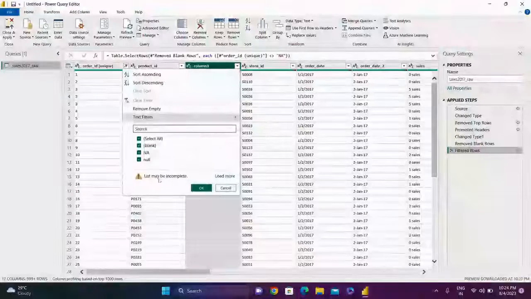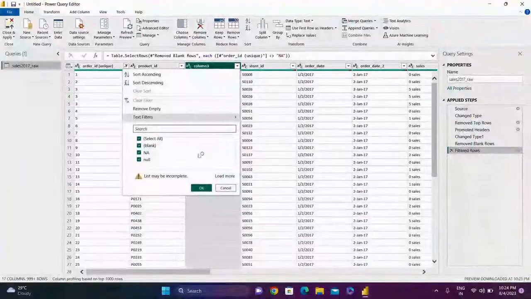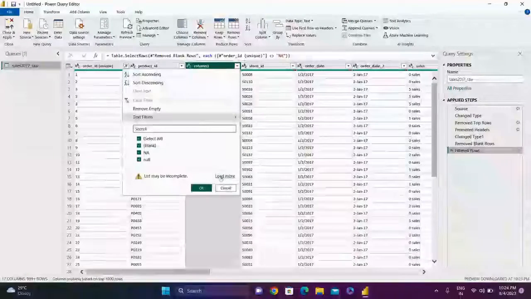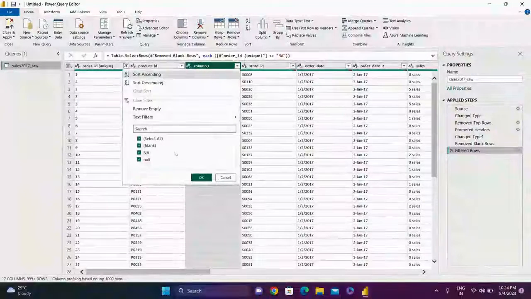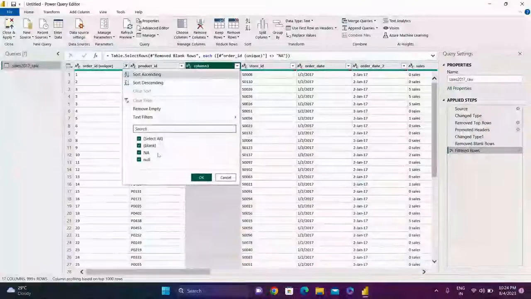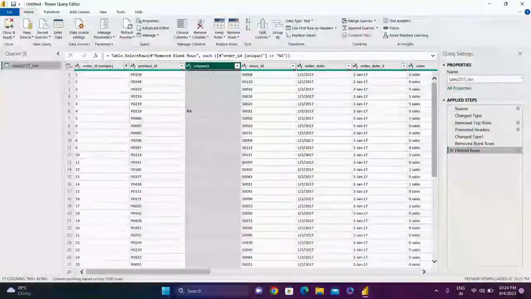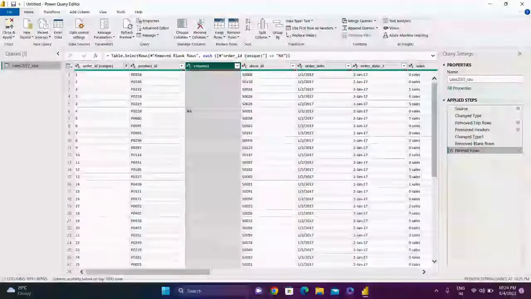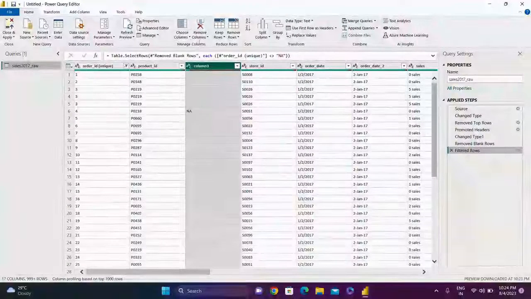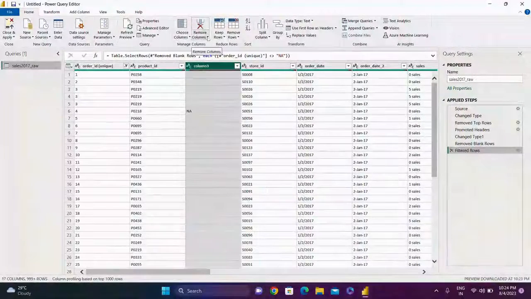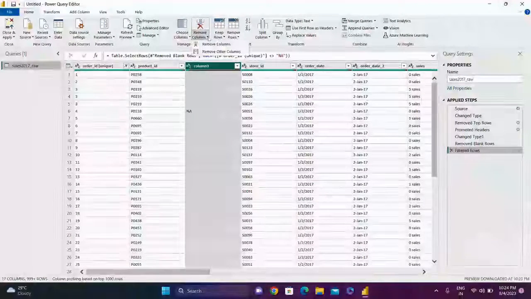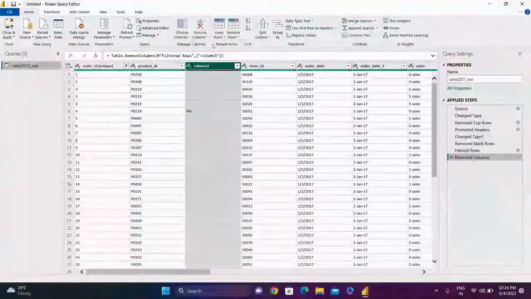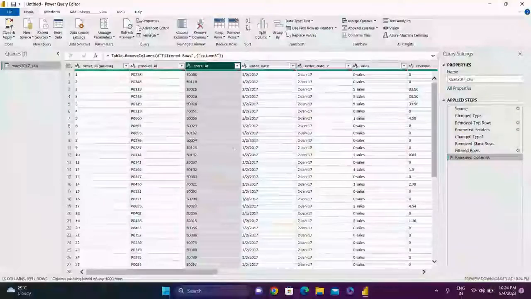But here there is a warning, list may be incomplete. So before making any changes, let's check what other data is available. Yes, now we are sure that it has blank, Not Applicable, and null values only. So click on OK, and it means we don't need this column. We can remove this column from the Home tab, Manage Columns section, Remove Columns. So I will click on this and remove the column. Now Column3 is removed.